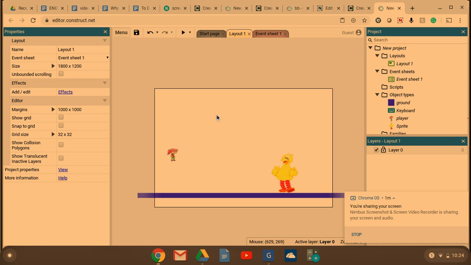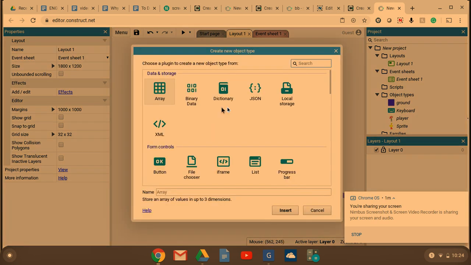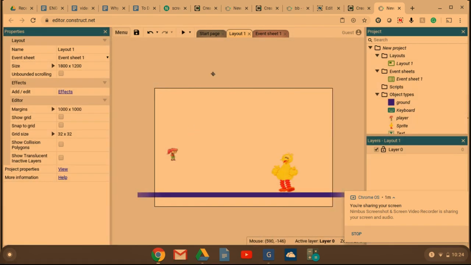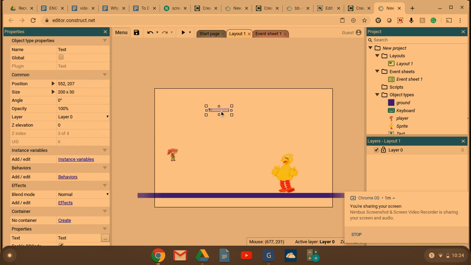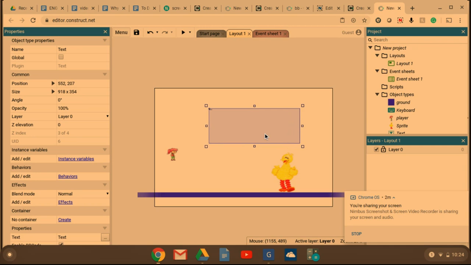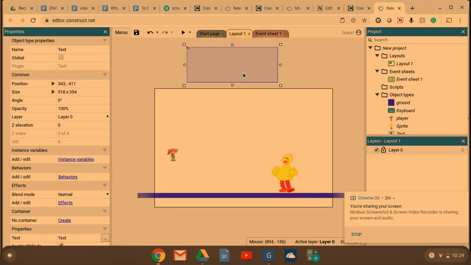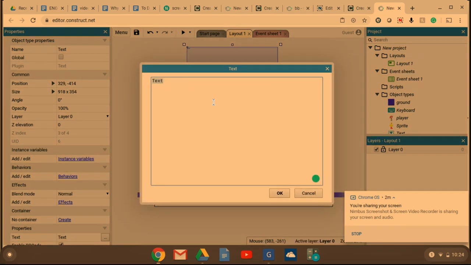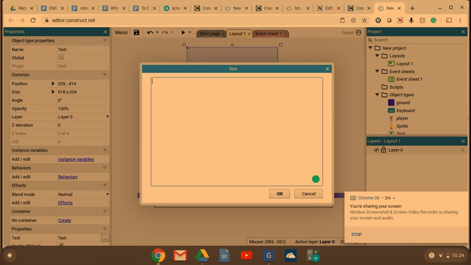So the next thing I'm going to do is create a text box. So I'm going to go to text. And I'm going to make this nice big box, and I'm going to place it outside of the screen space. So this is where you're going to write whatever you want to appear on the screen. So I'll just write